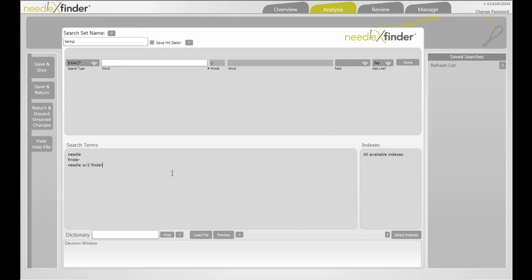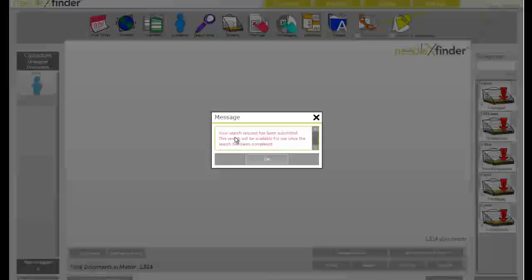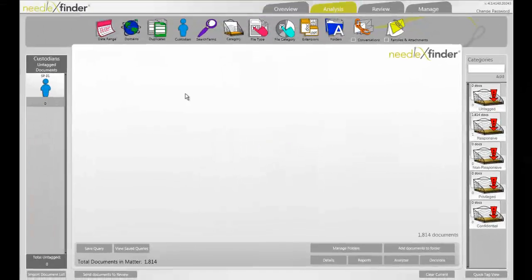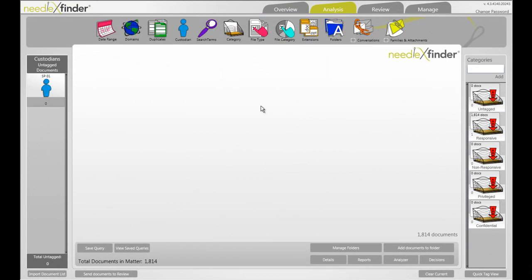Now the change in 4.3 for search terms and indexing is that instead of having to wait when you hit save and return for it to save the search results to the database before you can do anything else, it just lets you go and it says your search request has been submitted. This search will be available for use once the search has been completed. It does it for you in the background, and you can move on to do other things, including create other